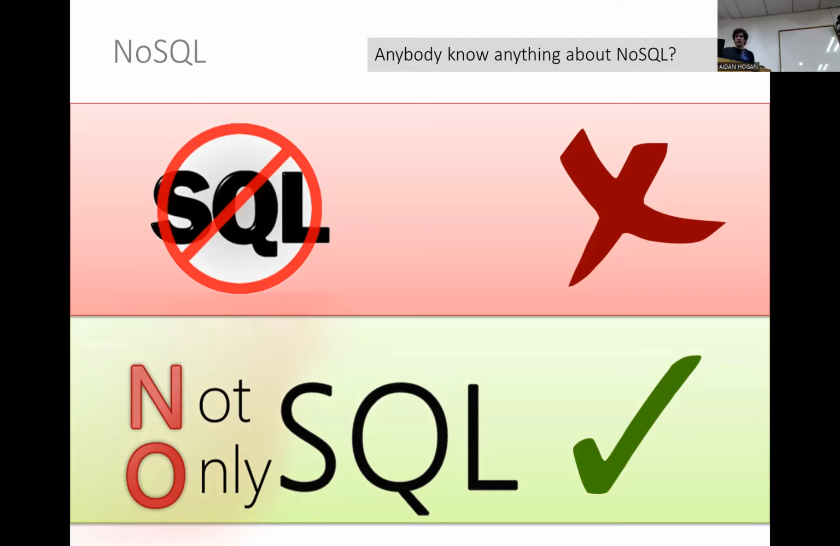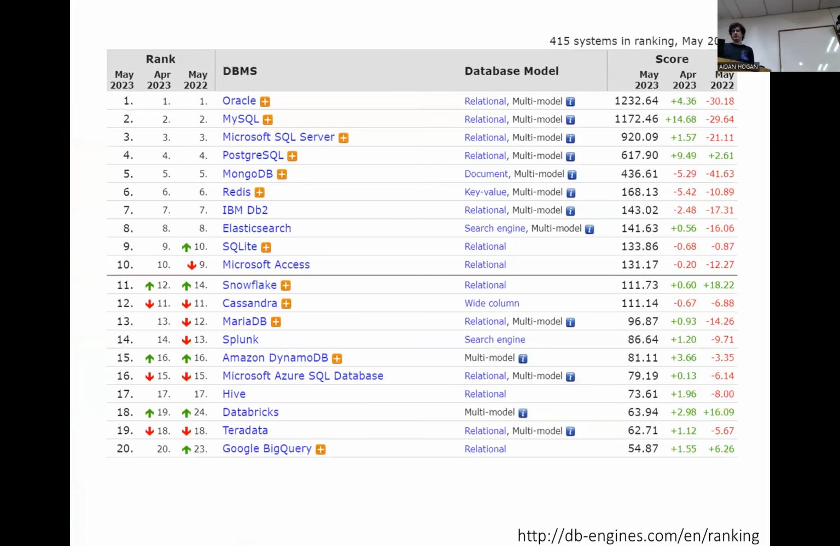SQL is still widely used and very successful. The idea is to say that we need other things besides SQL sometimes. Yeah, so "not only SQL" is the philosophy behind this movement. So if we look at a list of some of the most popular databases out there, we see that here